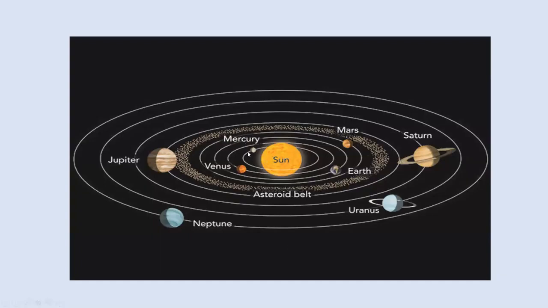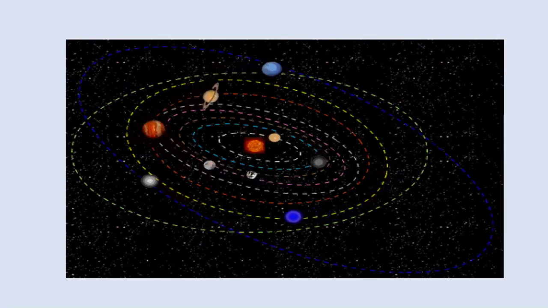So it is Mercury, Venus, Earth, Mars, Jupiter, Saturn, Uranus, Neptune, and there is an asteroid belt between planet Mars and Jupiter. Okay, so students, there are 8 planets in our solar system, and all the 8 planets move around